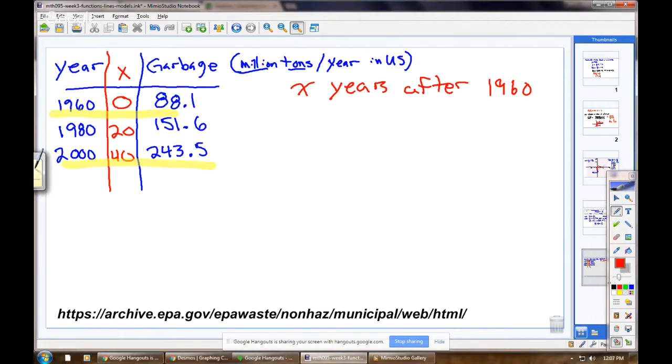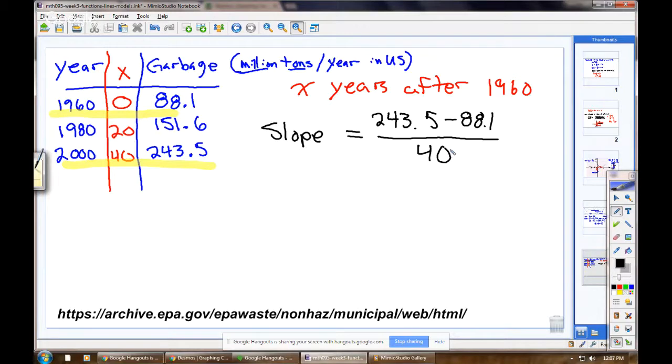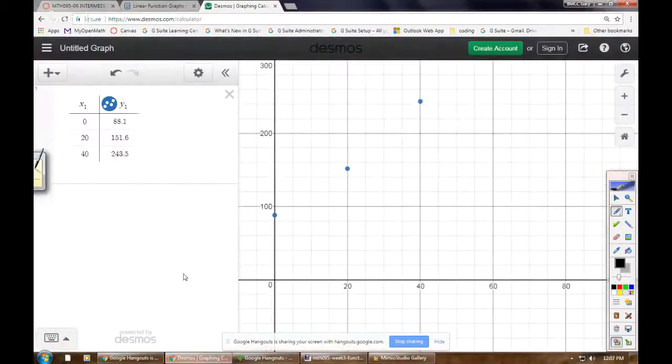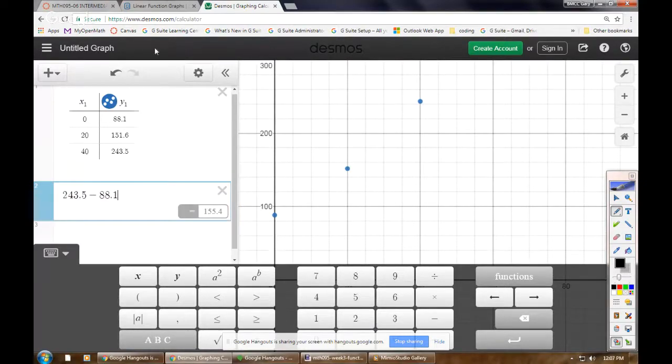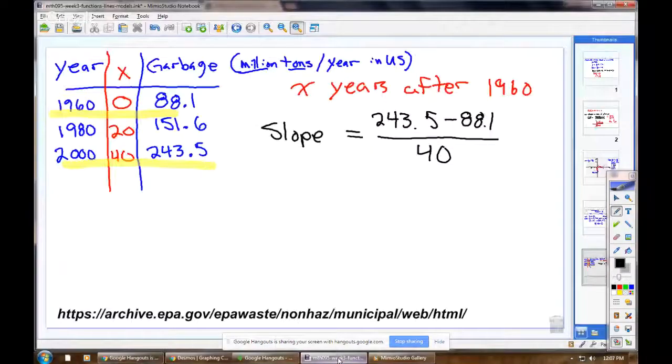So to get the slope, we need our change in garbage. That's going to be 243.5 minus 88.1, divided by a change of 40 years. That's not too bad. I just have to do that calculation for the numerator, and Desmos can handle that. It's a calculator. So I asked Desmos, what is 243.5 minus 88.1? And Desmos says it's 155.4. There we go. So my slope is